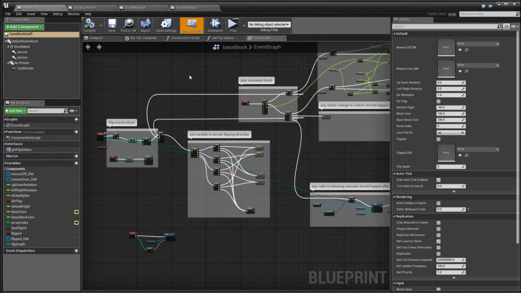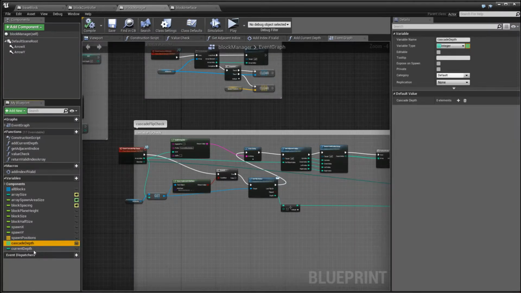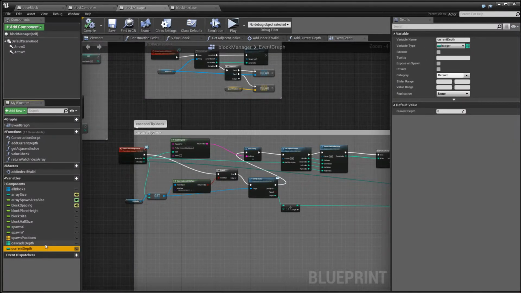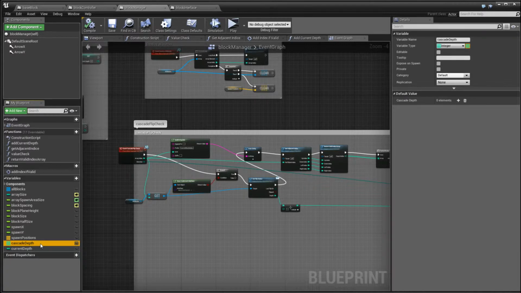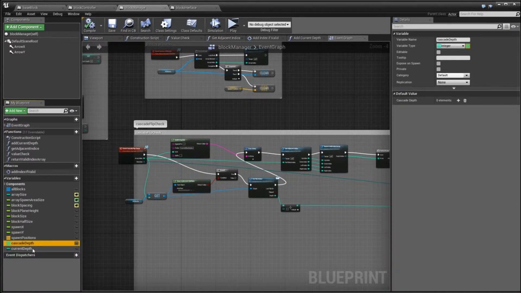I was trying to solve the race condition that happens in Block Manager, where our cascade depths and current depths kind of interfere with each other. In the end, this concept of trying to define or search for depths within Block Manager itself is scrapped. We could probably keep it for calculate score purposes, but right now the depth is moved to the block itself. So in order to do that, we update the block interface.